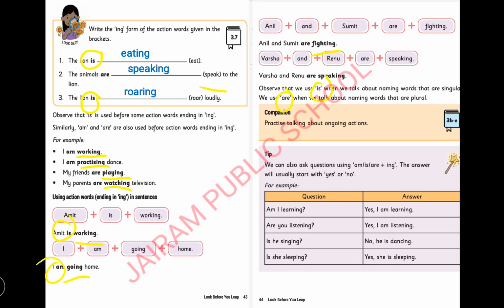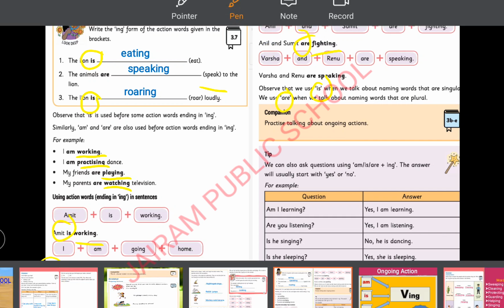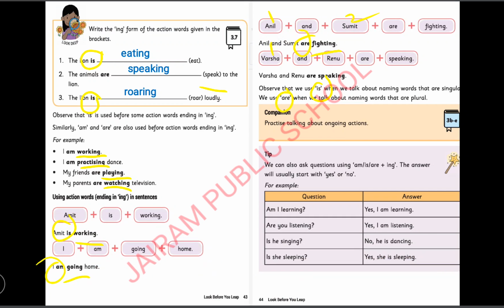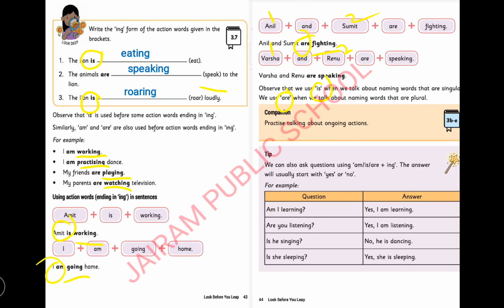Anil and Sumit. How many persons are here? 1, 2. Two persons are here. So we are using are. Is it right? Yes. Varsha and Renu are speaking. How many persons are here? Varsha is 1 person and Renu is 1 person. So 2 persons are there. We are using are. Is it right? Yes. I hope you all understood, children. Let's